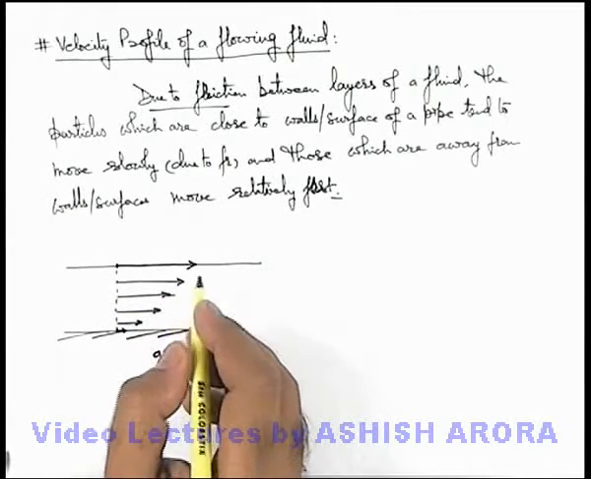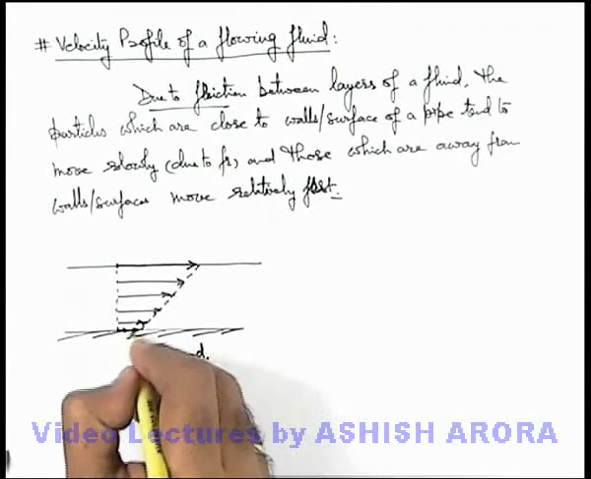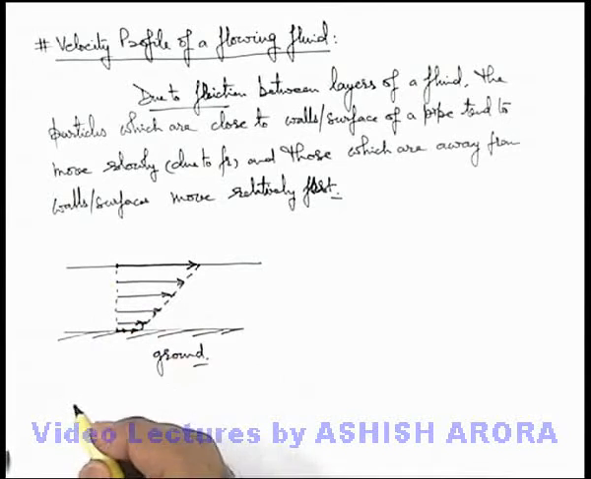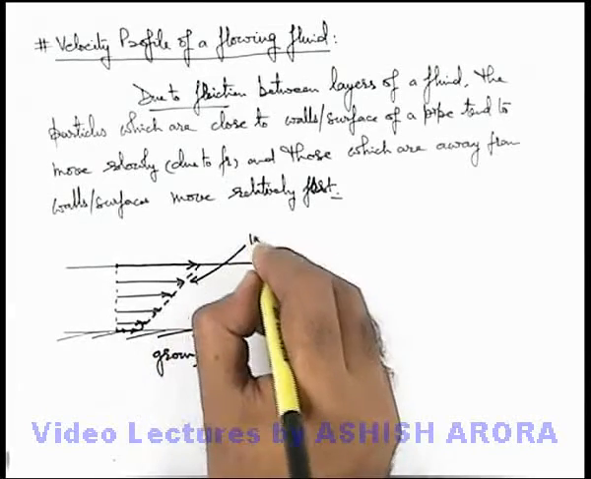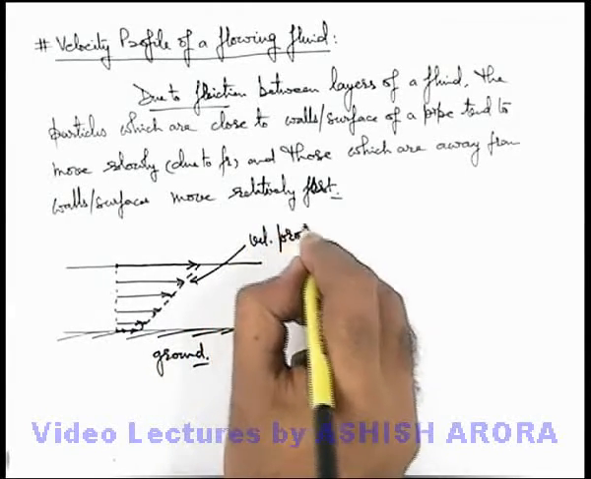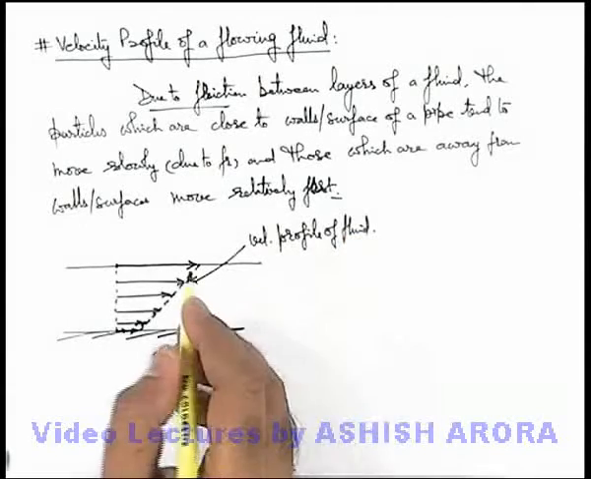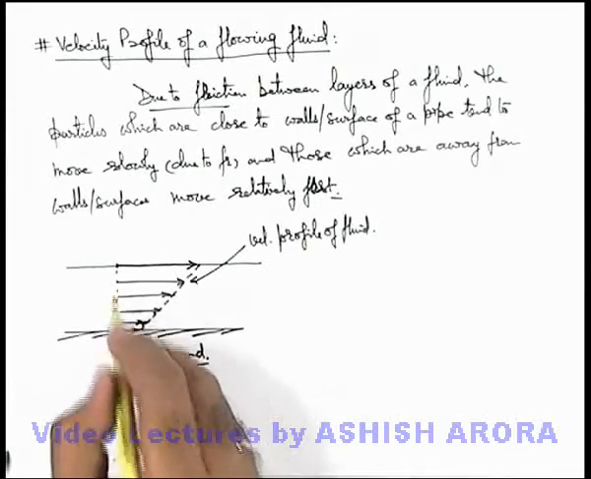Now in this situation, if we just make an envelope of all the tips of the vectors of flow velocity across the cross section of the fluid body which is flowing, this we term as velocity profile of fluid. And this velocity profile gives us an idea about the distribution of flow velocity across the cross section